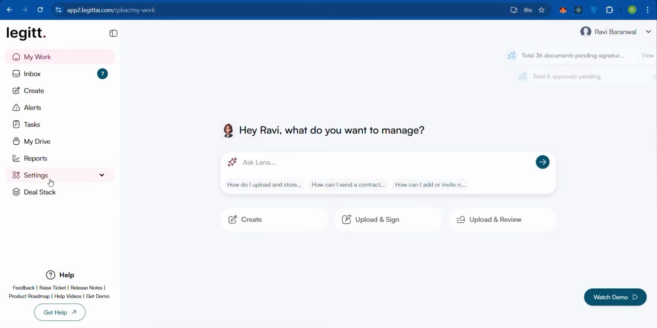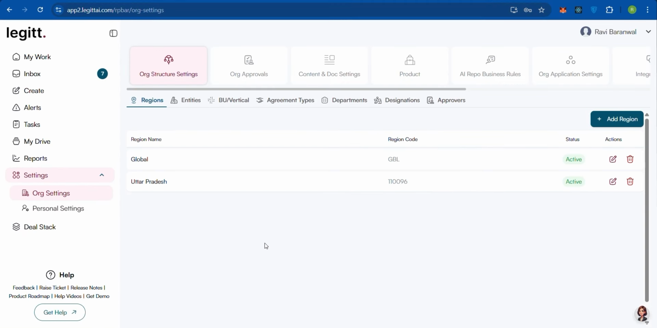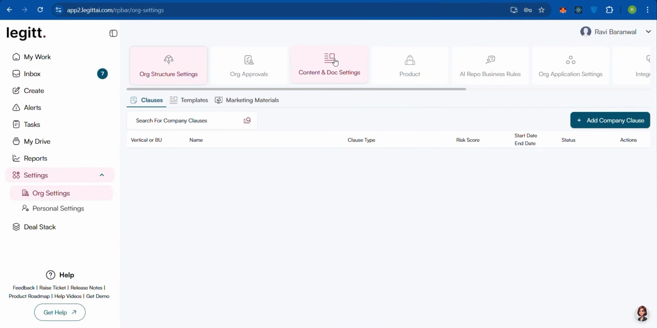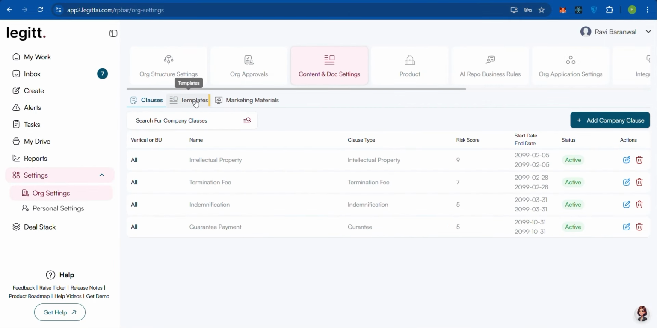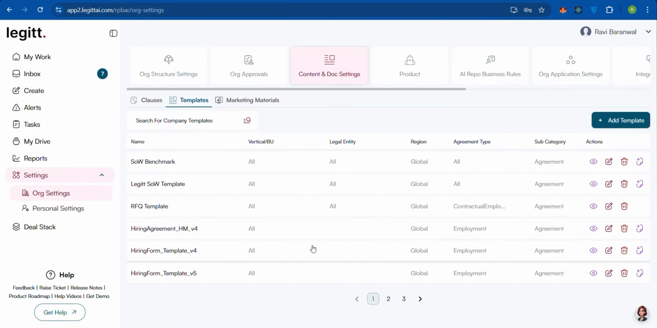From this page, you have to go to settings, go to org settings, and then within the org settings, go to content and doc settings, go to the templates. Now, when you go to the templates, this is the place where you are going to upload your templates. What do you mean by upload a template? Basically, any document that you consider as a base that you want to review against. So, for example, if I have a Bloomsbury template that I want to compare or review against along with the